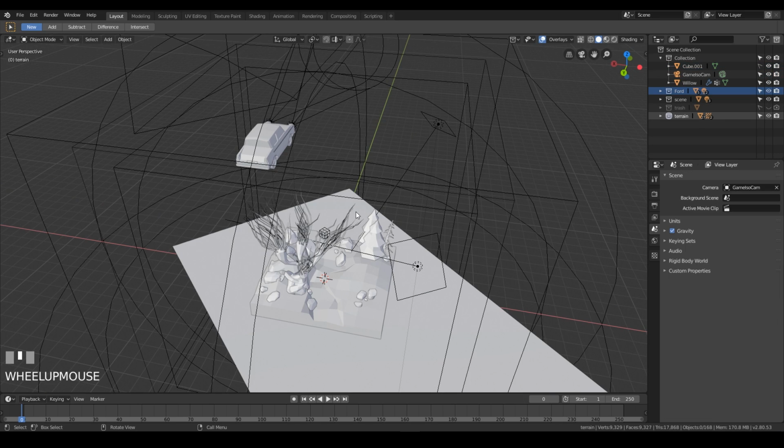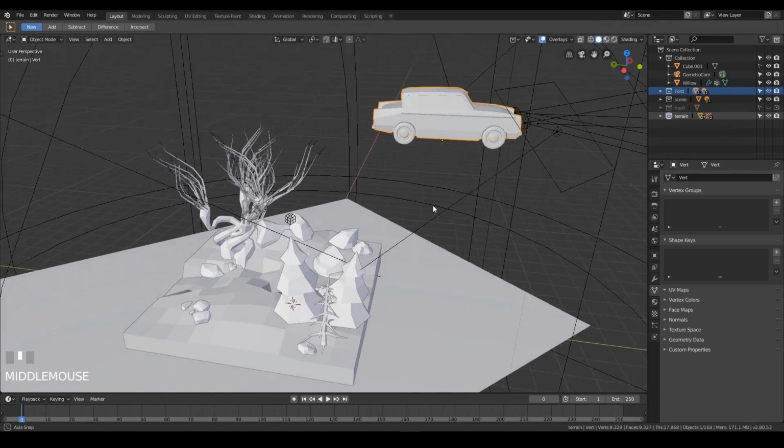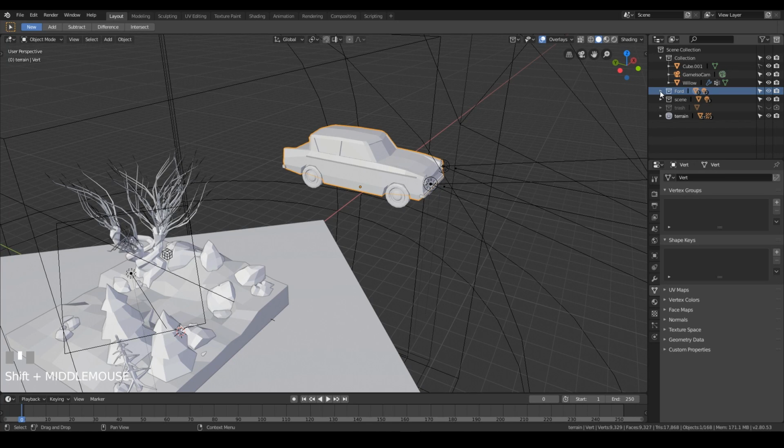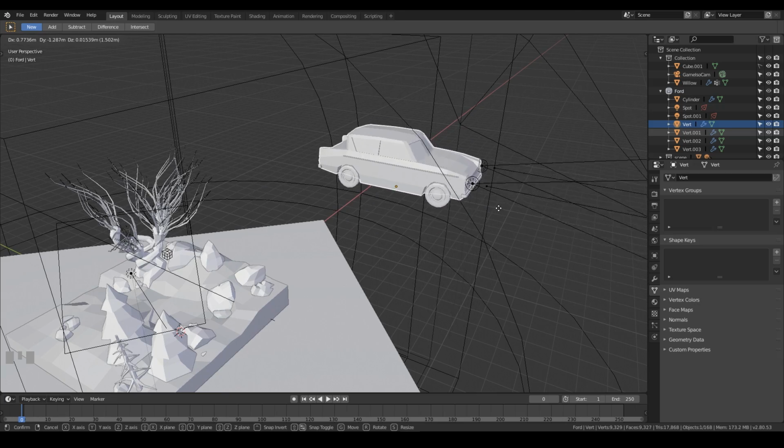Let's do some animation. First let's do the movement of the car. So right now the car is in the Ford collection, and there are some objects here, but the important thing is that the bodywork of the car is the parent to all the other objects. So if you move the bodywork, the whole car moves,